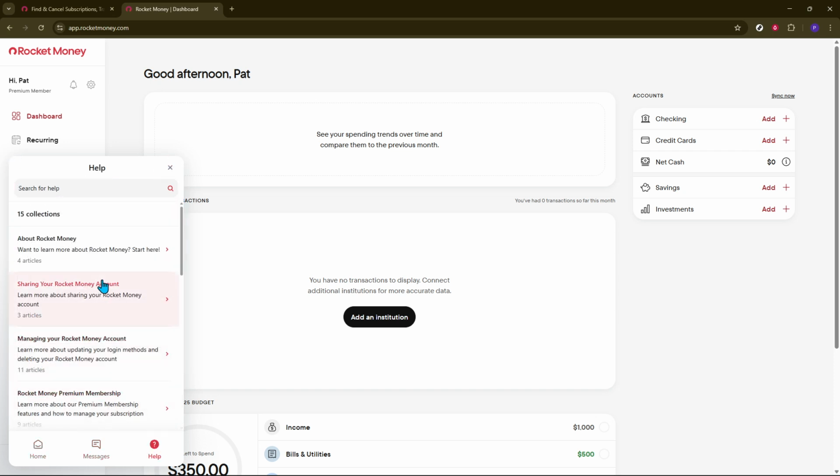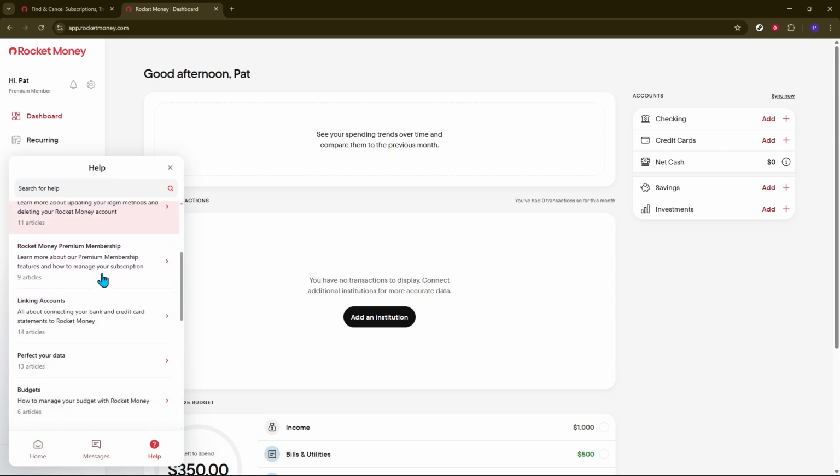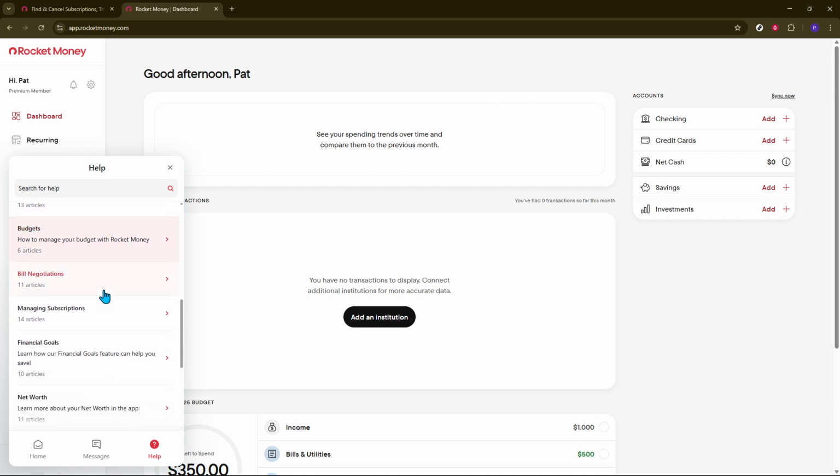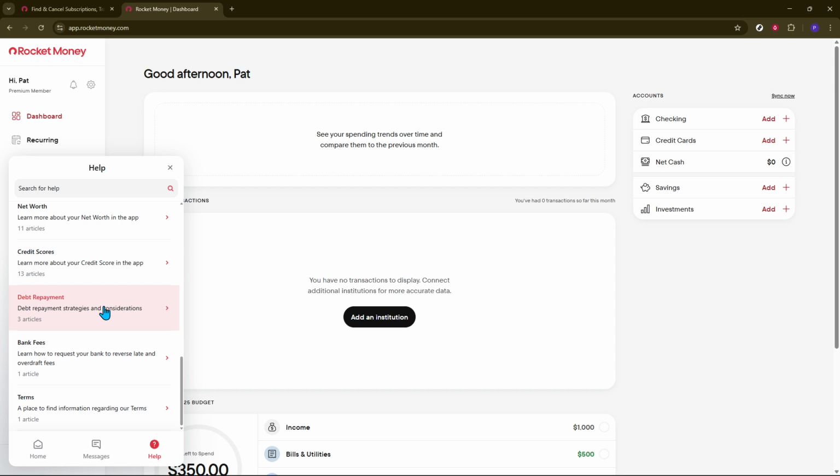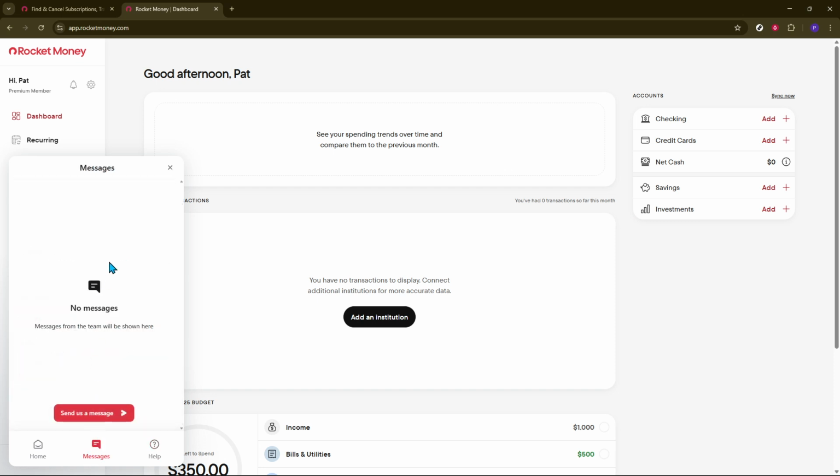Keep in mind that support team members often have peak hours, so response times can vary. Being patient and providing all necessary details about your issue can help speed up the resolution process. In many cases, the resolution might require some back and forth communication, so keeping the chat active and checking for